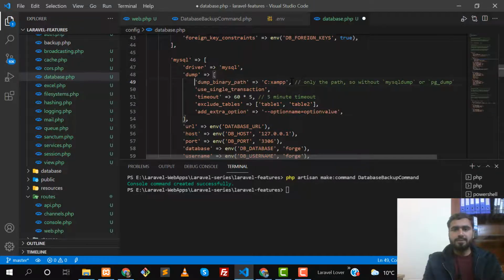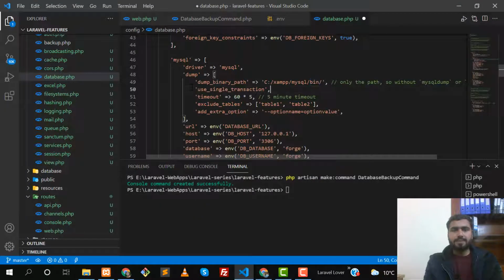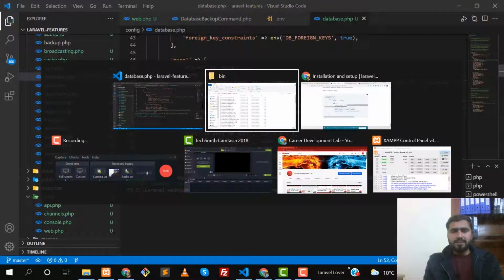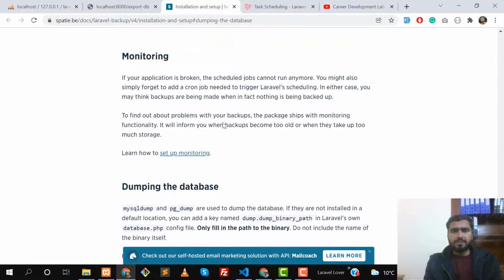Oops, I misspelled it. Oh great, it's C XAMPP MySQL and bin. So let me open this directory here, and it's this one, right? Don't get confused, it's very simple, and then you don't need to do anything. So save this one. So let's go here, go to the top,